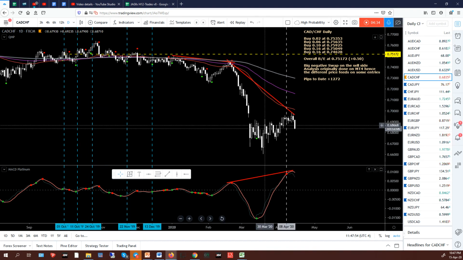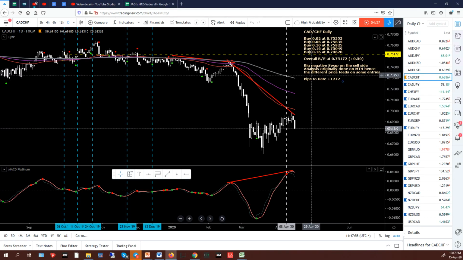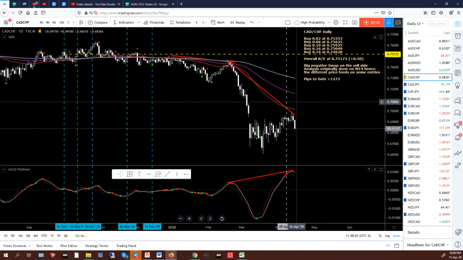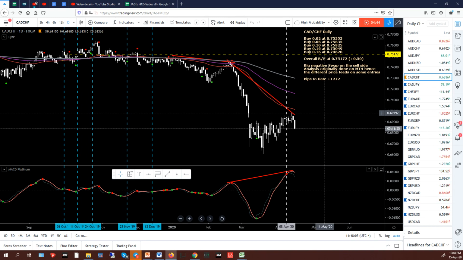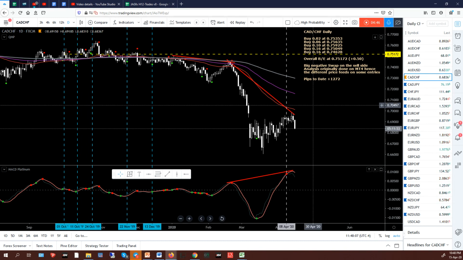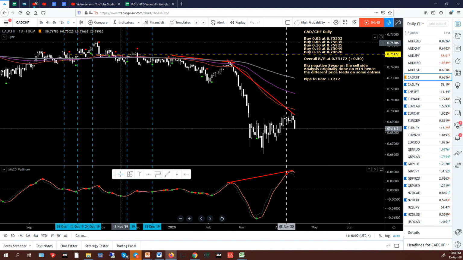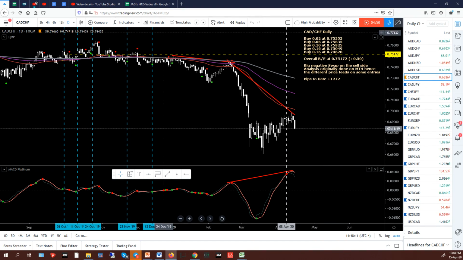So I'm in a world of pain when it comes to this trades, this pair. But the good thing is I'm making good swap on the buy trades. So overnight interest rate is very positive on this pair. So I'm going to see how long I can hold these trades open and see if I can actually make up just with a swap. I doubt it, but